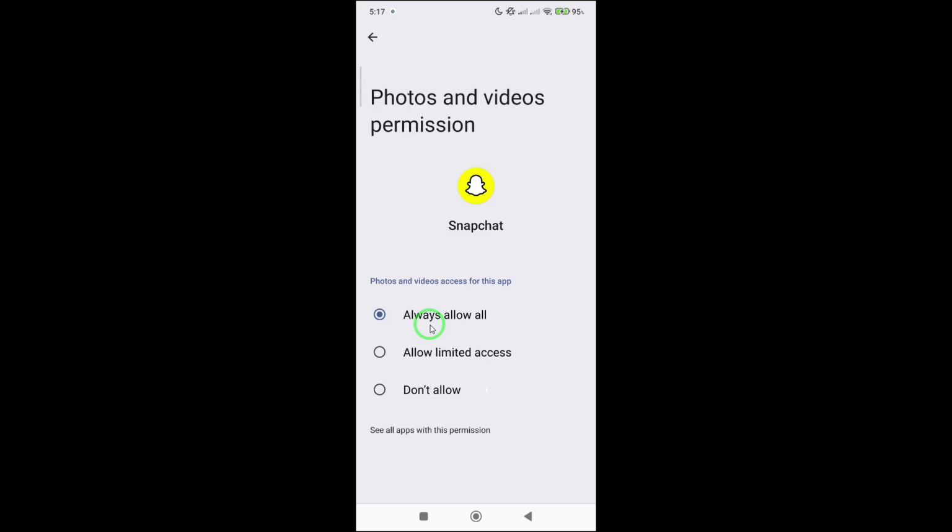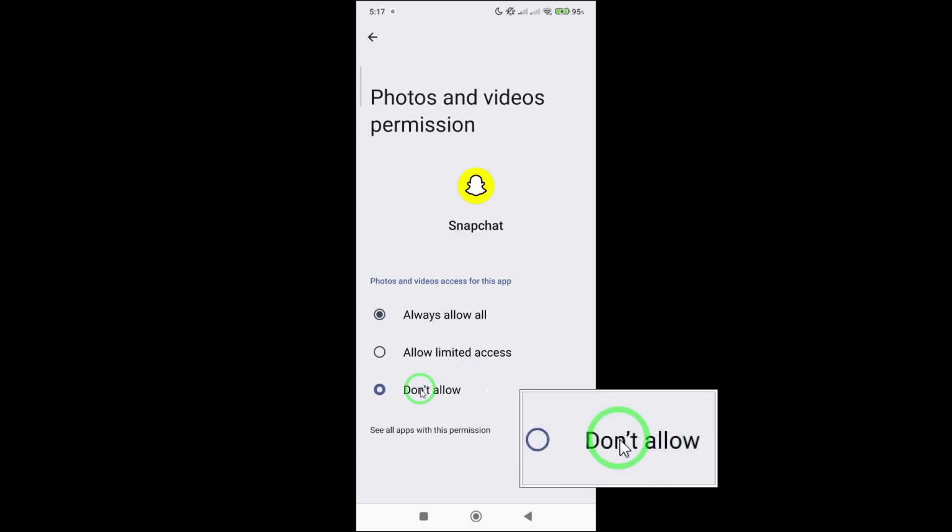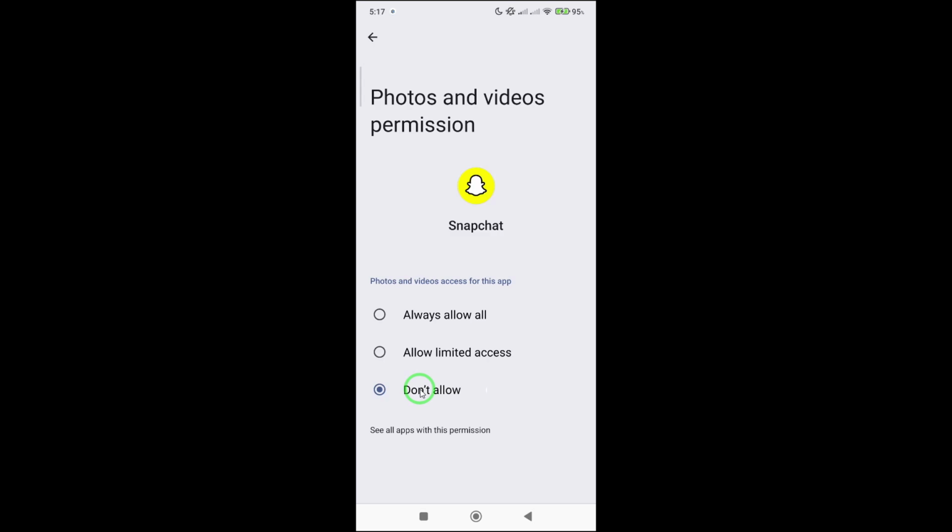You'll see a few choices depending on your phone. Options like Allow all the time, Allow while using the app, or Don't allow. To disable Snapchat's access to your photo gallery completely, simply select Don't allow. Once you do that, Snapchat will no longer be able to view, upload, or save any photos or videos from